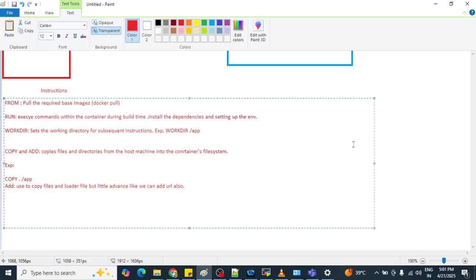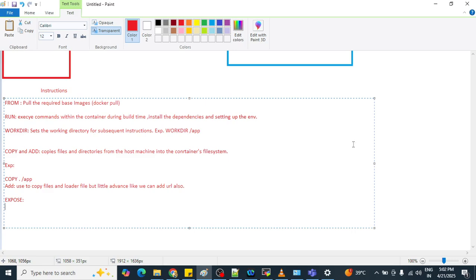Okay, now next is your EXPOSE statement. EXPOSE basically we are using to inform Docker that the container is listening on a specific network port at runtime. In that case, we can write our EXPOSE statement here. It does not publish the port. It is for documentation purposes only. Suppose I need to mention that a particular port is running on 80, that I need to remember. Then in that case, we can use the EXPOSE command.